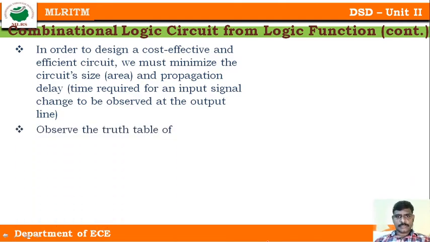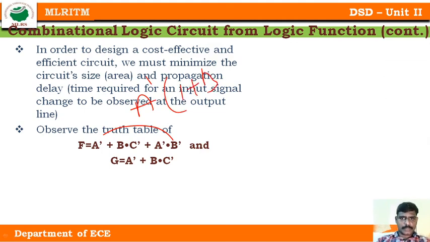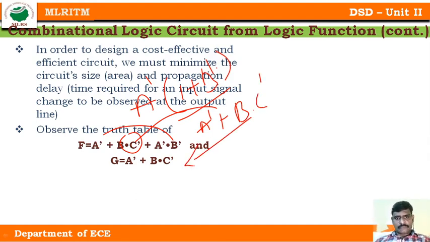Suppose we observe from the truth table. Okay, I have a function F equal to A bar plus B C bar, from the previous example, and I have drawn a truth table, and this particular G is another function which is A bar plus A bar B bar. So how did I get this reduced form? In these two terms I have common A bar. So what will happen? 1 plus B bar. According to Boolean laws, I know that 1 plus B bar is equal to 1. So A bar plus the remaining function B dot C bar. So same thing I have written. So one function is the expanded one, another one is the reduced function.